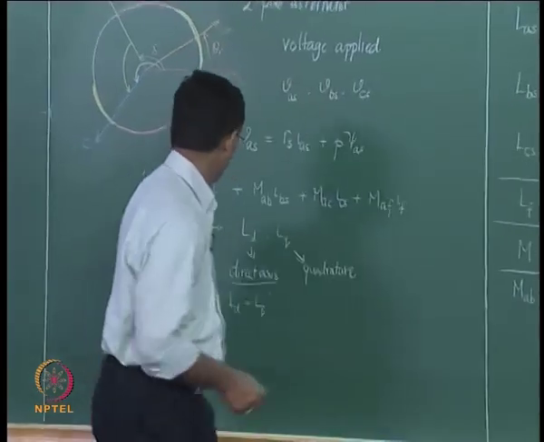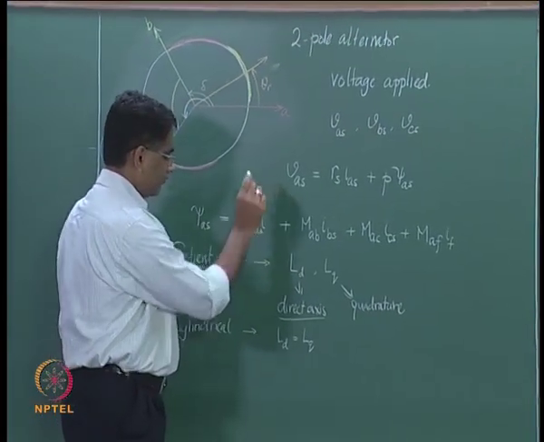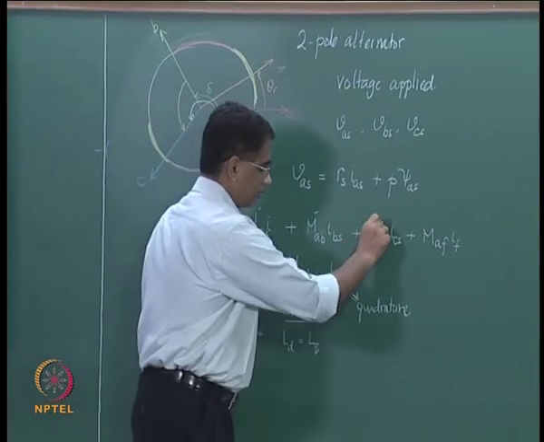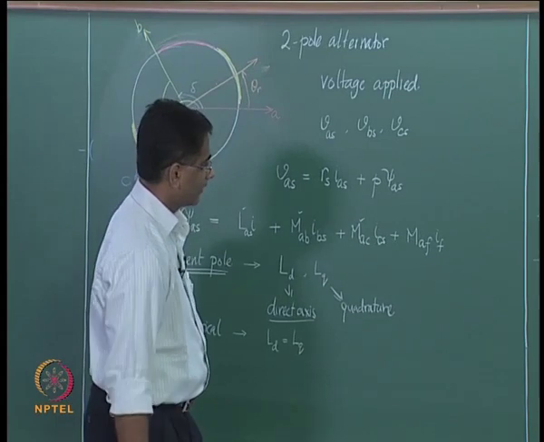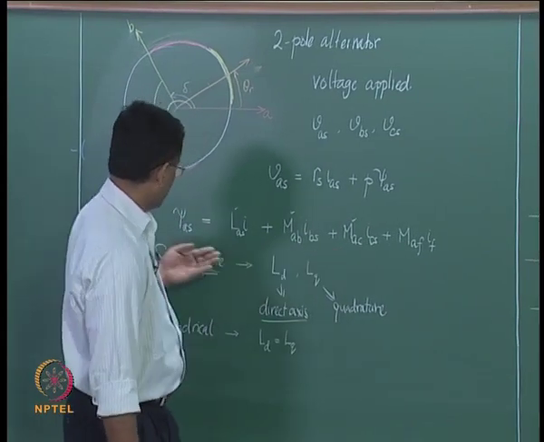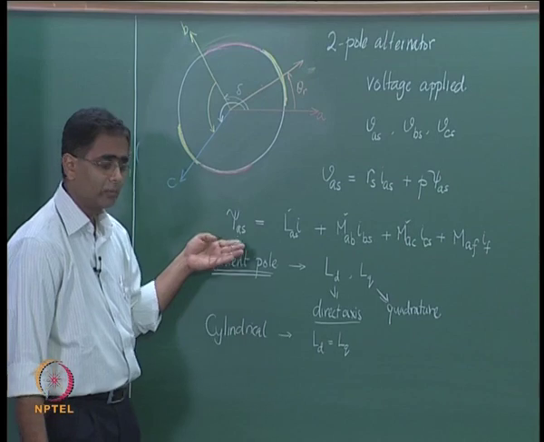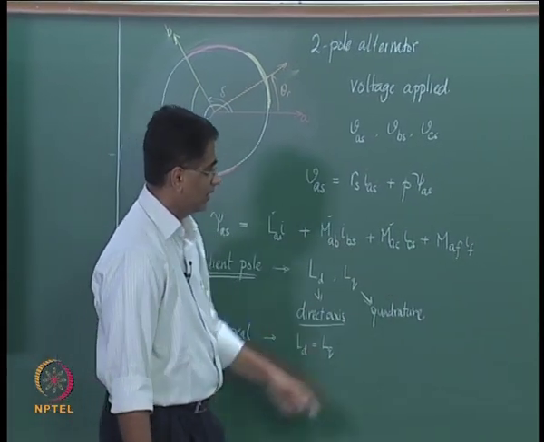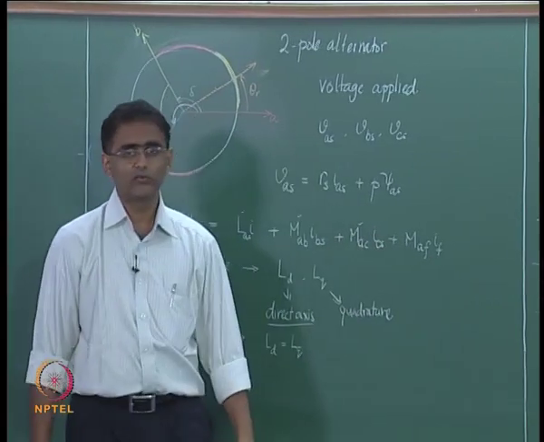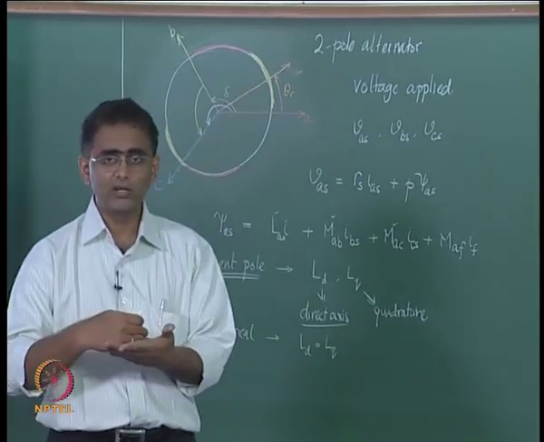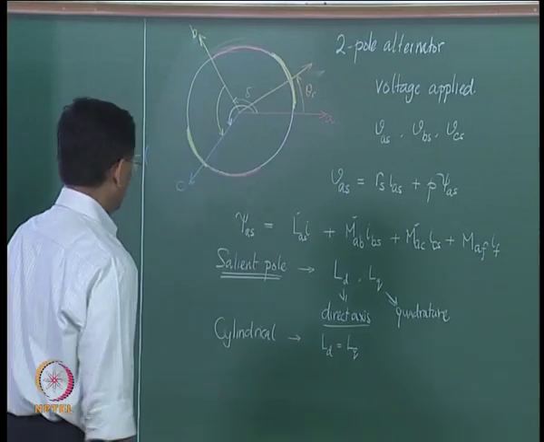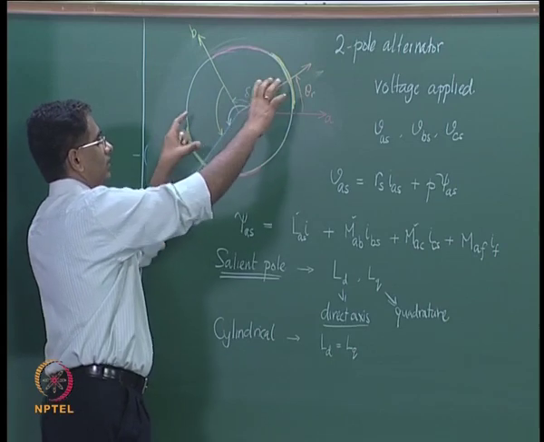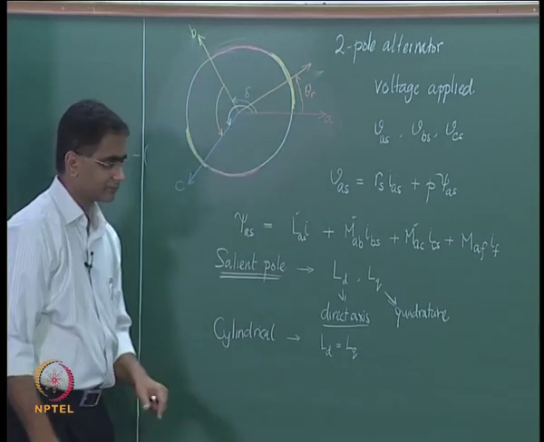So, we now have self inductance of the A phase, we have mutual inductance of A and B, we have mutual inductance of A and C. When we write the flux linkage for the B phase, then you will get the mutual inductance for B and C as well. And now we need to have an expression for the mutual inductance between the field and the A phase. Now, as far as the field is concerned, you are going to have a salient pole rotor that is rotating,